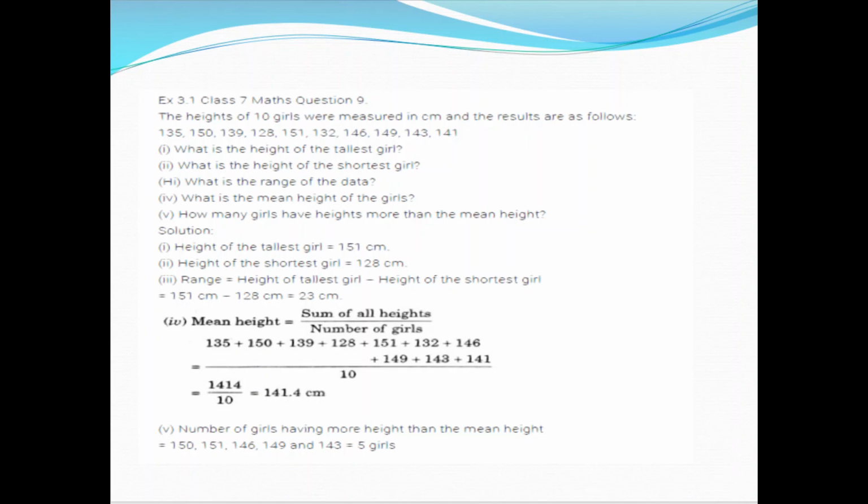Fourth, what is the mean of the data? Mean height is the sum of all the heights divided by the number of girls. Adding up all the data given: 135, 150, 139, 128, 151, 132, 146, 149, 143 and 141, and dividing by 10, that is 1414 by 10, which is equal to 141.4 centimeter. And the number of girls having more height than the mean height are those with 150, 151, 146